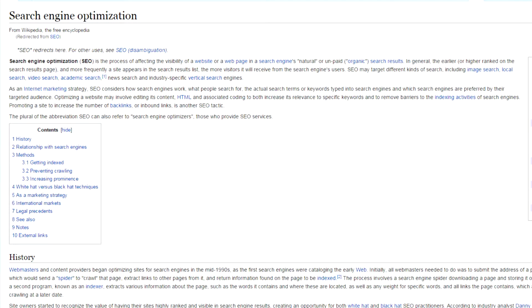Search engine optimization, or SEO, is about getting organic traffic. In other words, anything that you do which doesn't involve paying somebody to send traffic to you. So when you go to something like Google AdWords, sign in, create a Google AdWords campaign, and give Google money to send traffic to your site, that is not SEO.